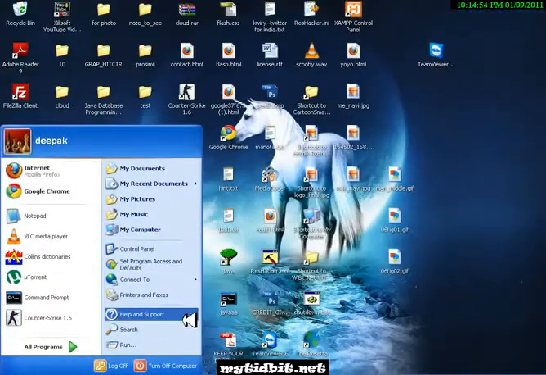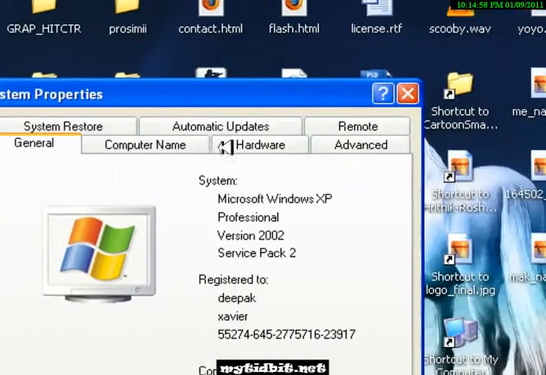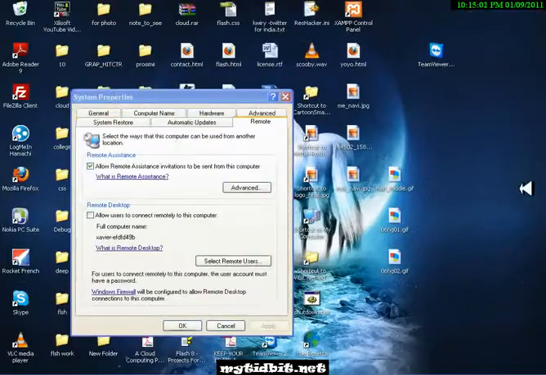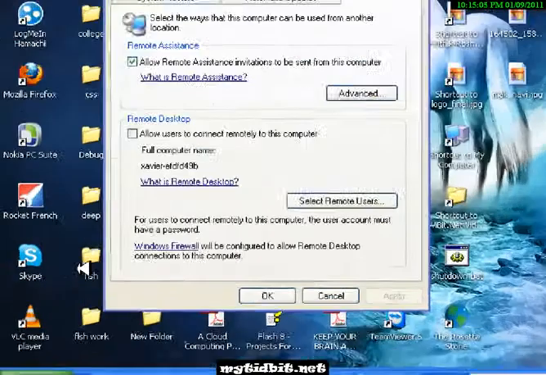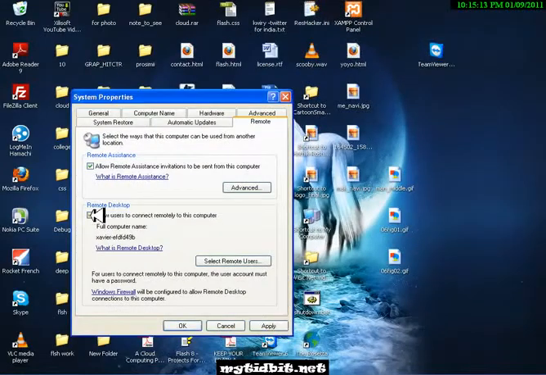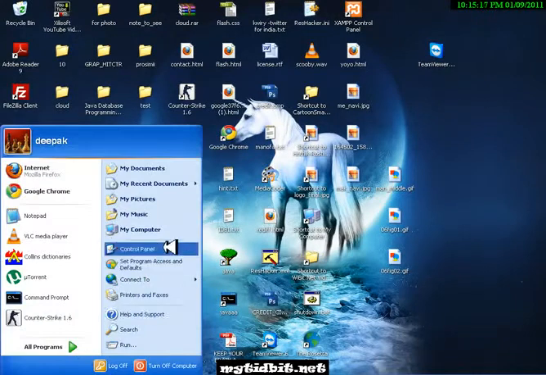I'm going to click Properties, and this window pops up, and here go for this Remote option. Just click on this Remote. Here there's a checkbox, allow users to connect remotely to this computer. Just make sure it's checked and click on Apply. Okay, and then again go to Control Panel,